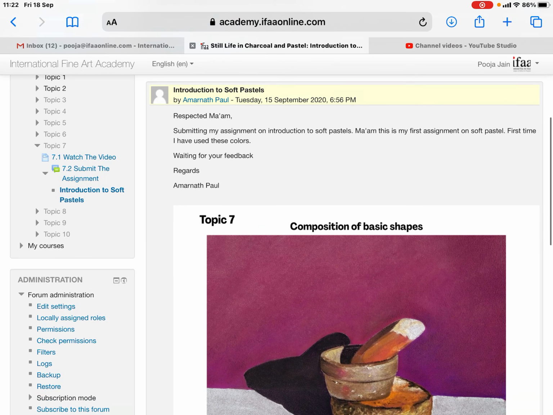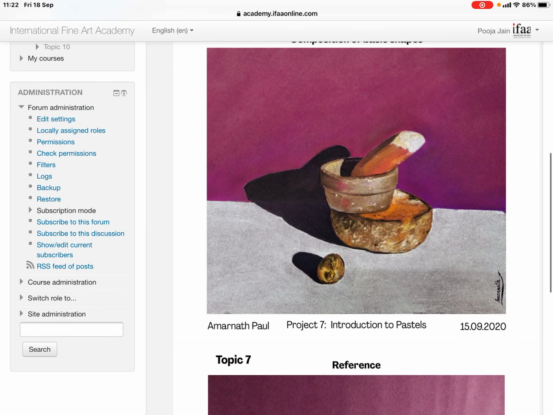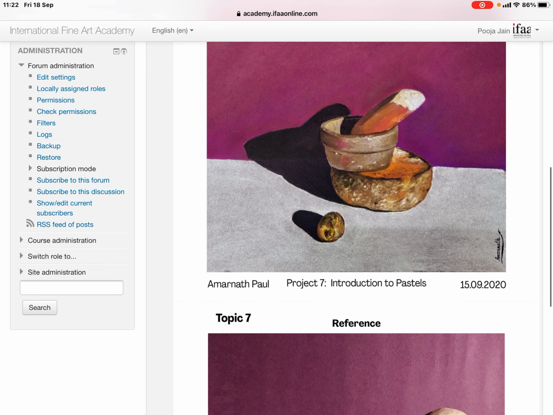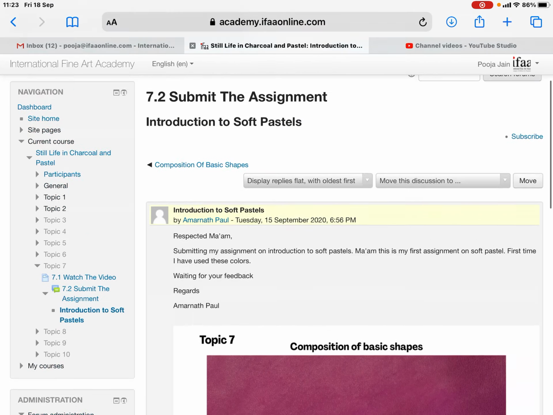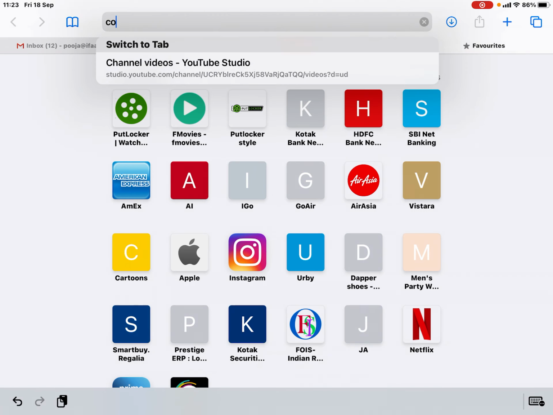Hi Amarnath. As you have started working with pastels and we have introduced colors into digital life, there's a very strong point about colors. If you remember color theory, the color wheel: if you want to travel from one color to the second color, all the colors in between will also be seen.